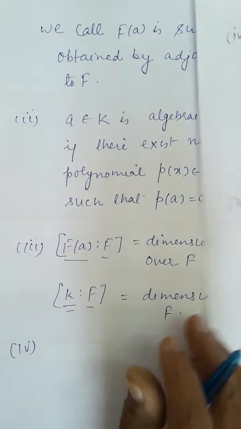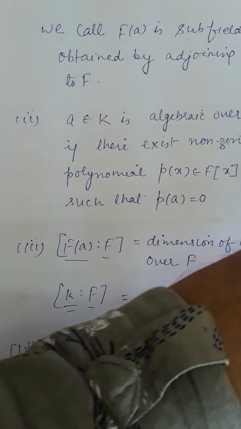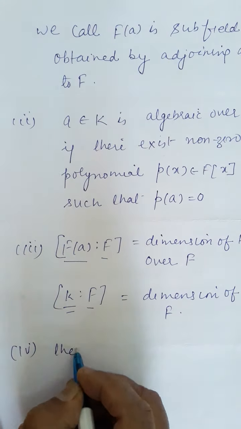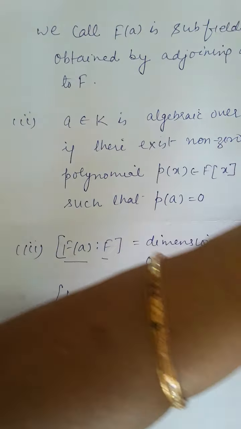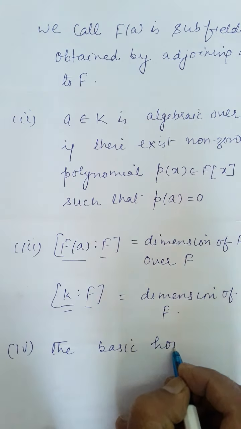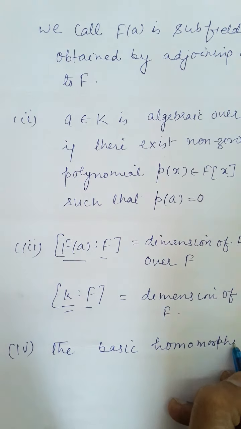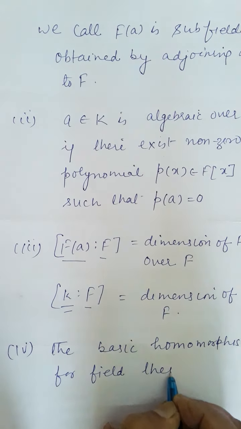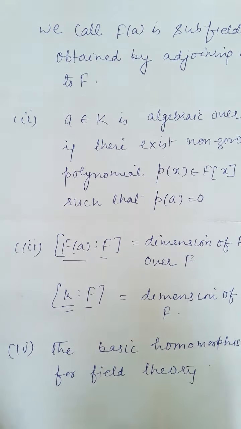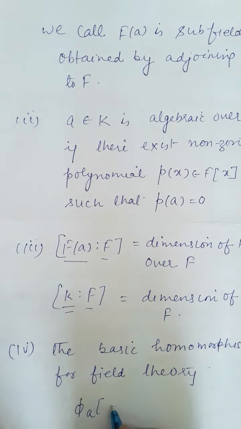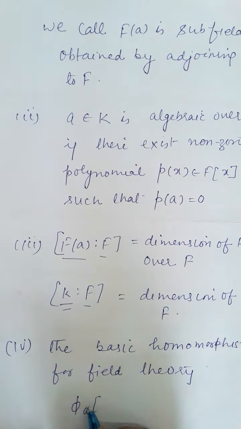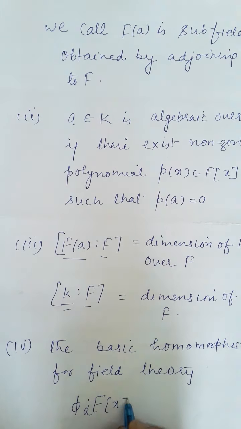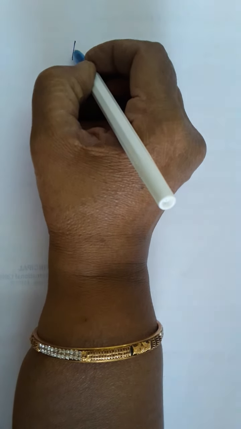Now the fourth one is the basic homomorphism for field theory. Phi a from F[x] to K,